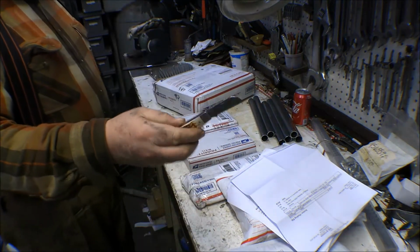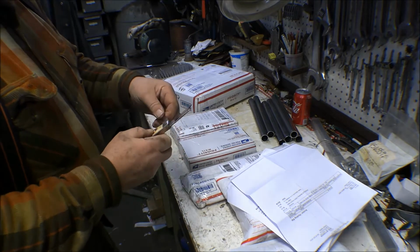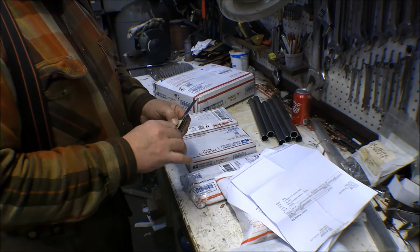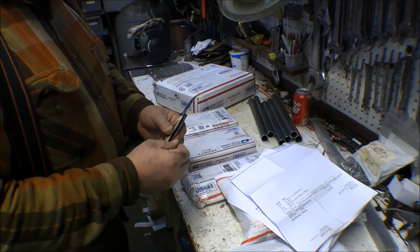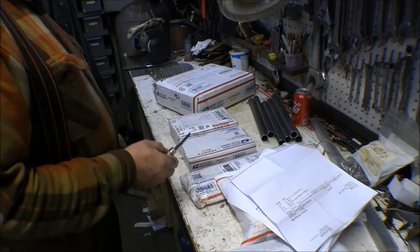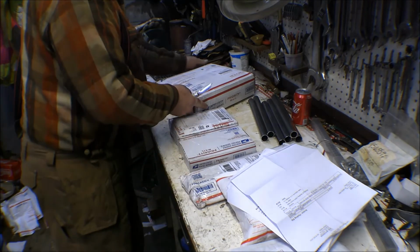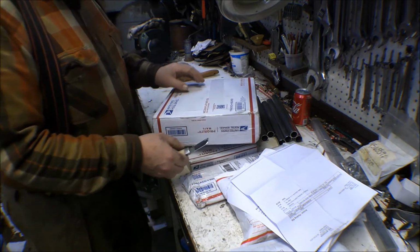And I got my little Case Stockman pocket knife my son got for me. I was looking for pocket knives. I knew I had my good pocket knife. I made a mistake and had it in my pocket when I went to get on the plane in Fort Myers, Florida after visiting my son down there when he got married. And so I wound up having to throw it away. They wouldn't let me do anything with it. I didn't get it in my luggage, and so I wound up losing my good old-timer pocket knife